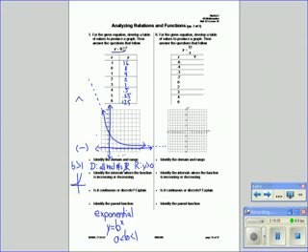Now it says identify the intervals where the function is increasing or decreasing. Is it increasing anywhere? No. It's going down this whole time, so it's always decreasing. Decreasing everywhere. Is it continuous or discrete? Continuous. And we already identified the parent function. Okay, the rest of the packet